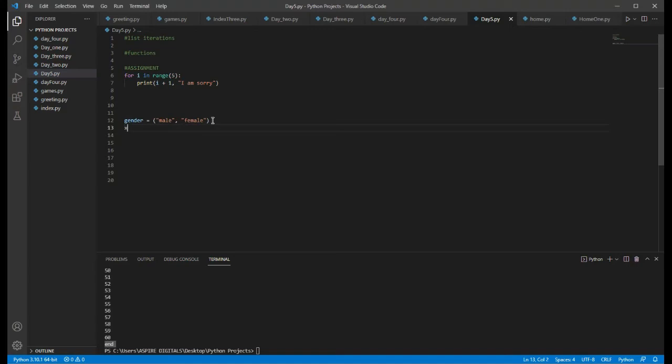Then let's give an input like this. So let's create a variable x and call it input. So, enter gender here. So I hope you know how to use the input. Yes, sir. Okay, so